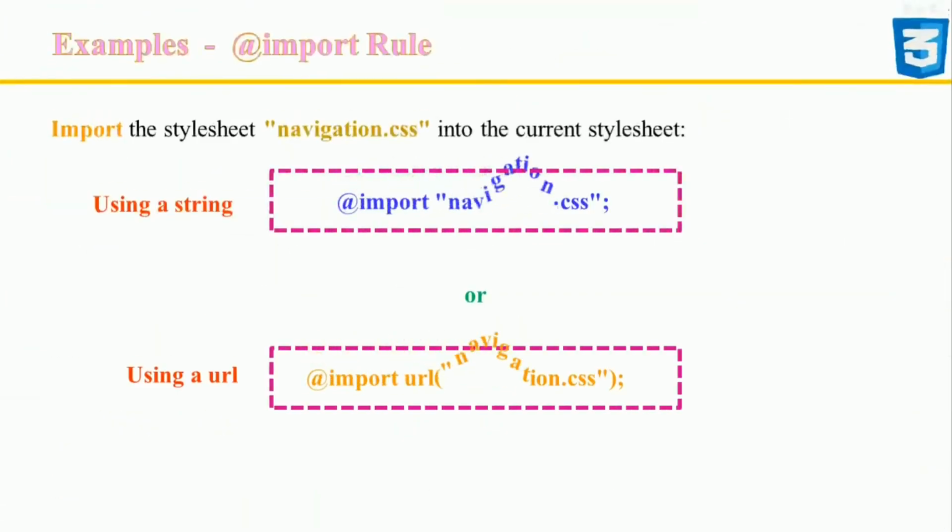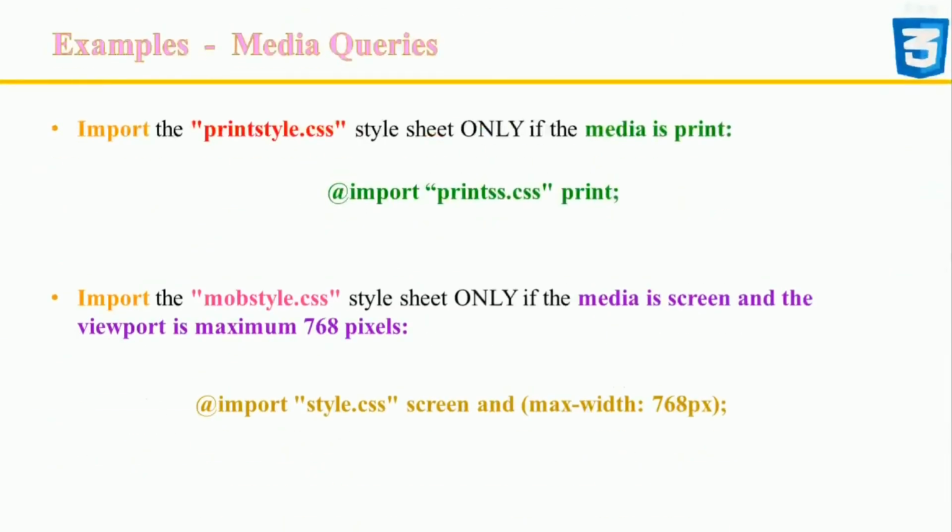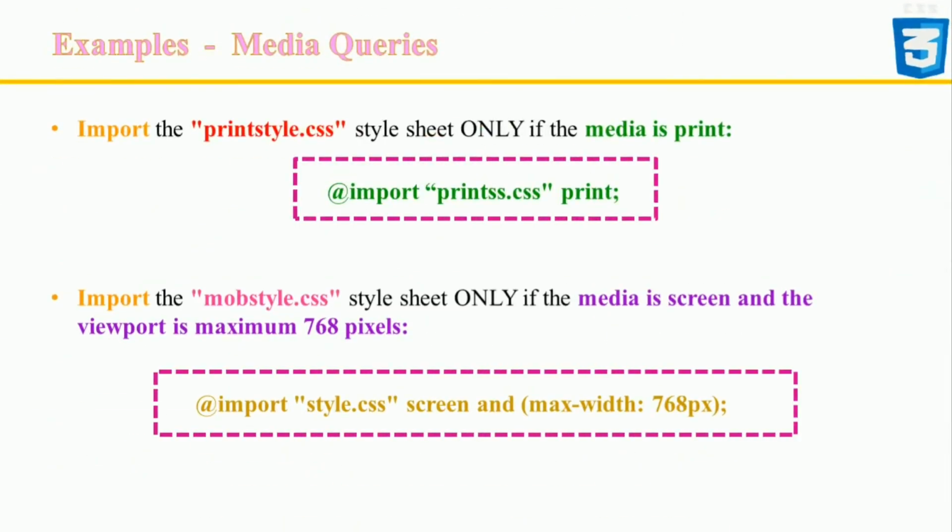Here is an example of an import rule to import the style sheet into the current style sheet. In this particular case, I specify the style sheet by using a string. This is equivalent to using the URL function, so the following 2 lines are equivalent. An import rule is a rule within the CSS that imports a style sheet based upon a query. And this is how you apply a style sheet for printing.